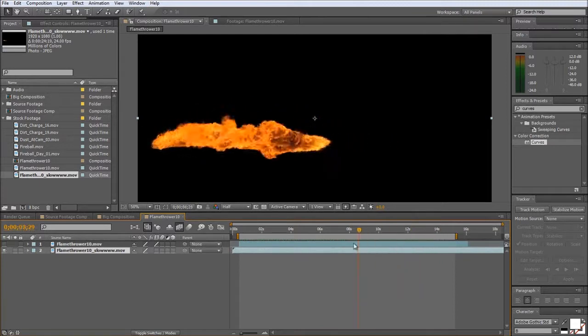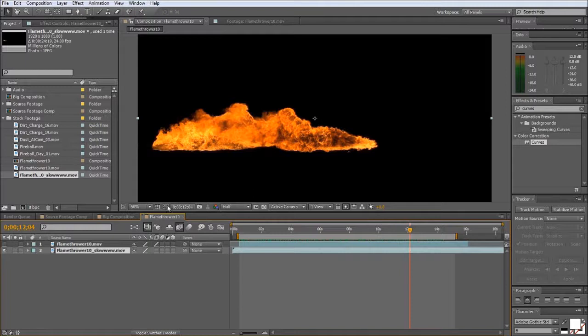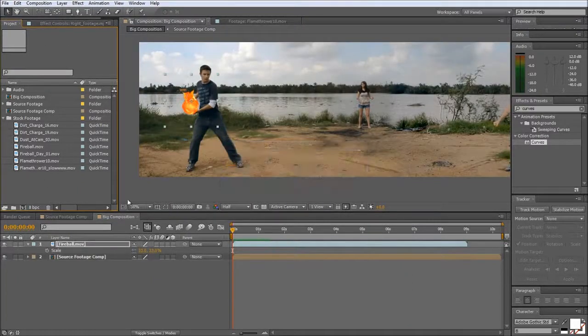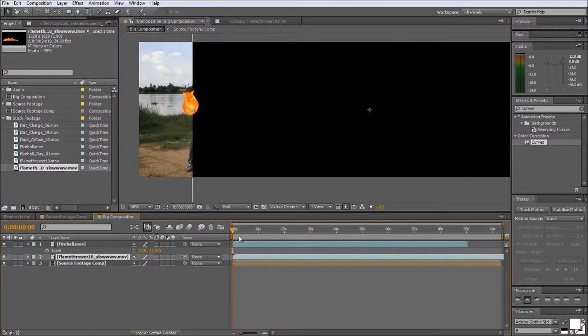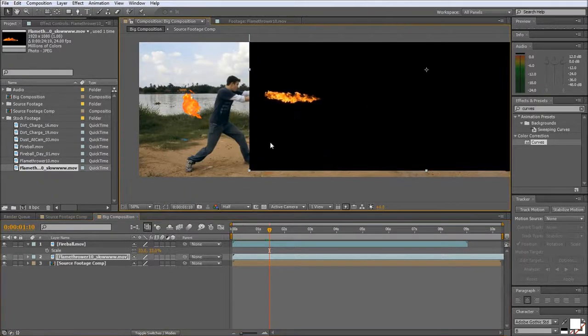See, it's a lot nicer looking. Okay, so let's go ahead and delete this composition, the Flamethrower 10 comp. And we'll go back to this, and I'm going to drop in my slow motion fire. And right away you'll see it's all black. Position it where we want, about right here, and we'll hit F4 on the keyboard, and then